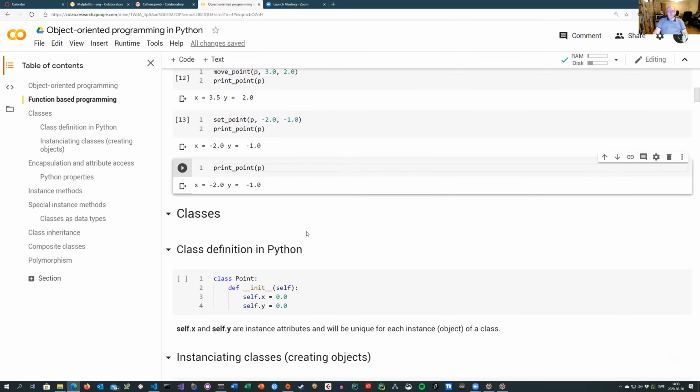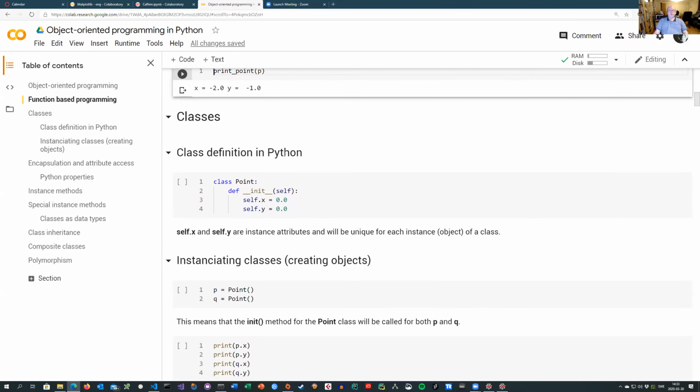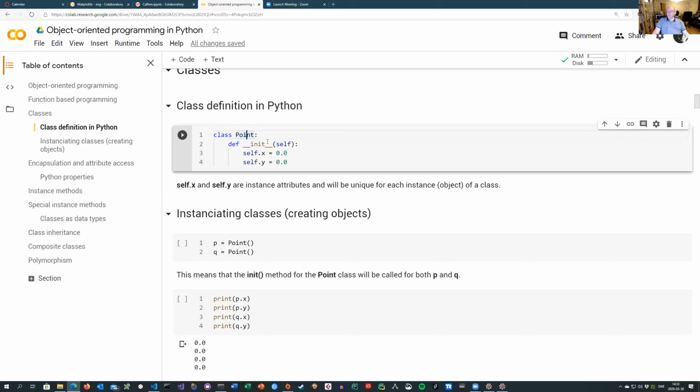So to combine these into a single data type or a class, to create objects, you need to have a base model or a description of how this object should look. And in object-oriented programming, the description of objects is defined by using classes. So in Python, you can describe a new object by using class, the name of your new object, in this case point,